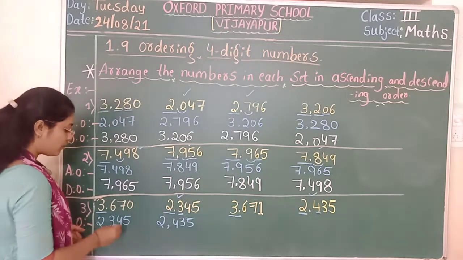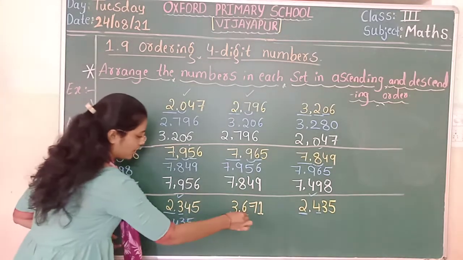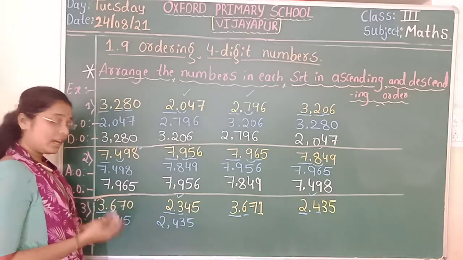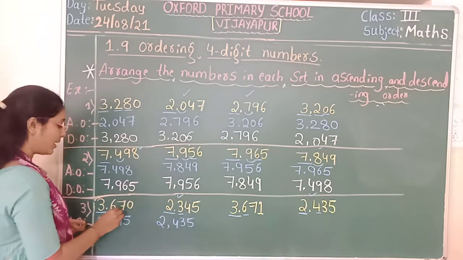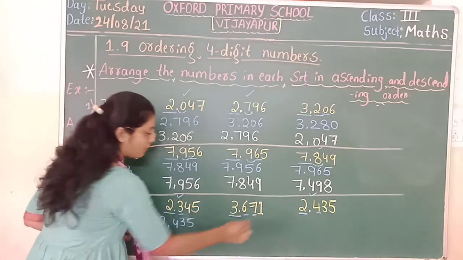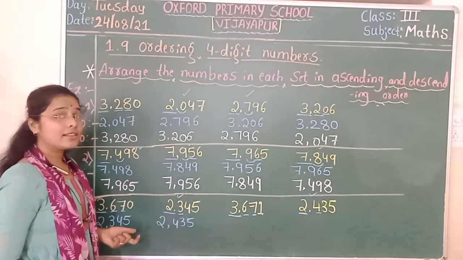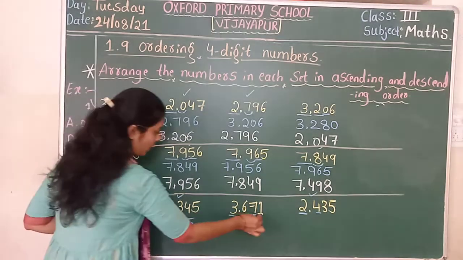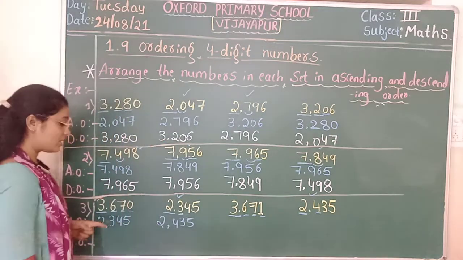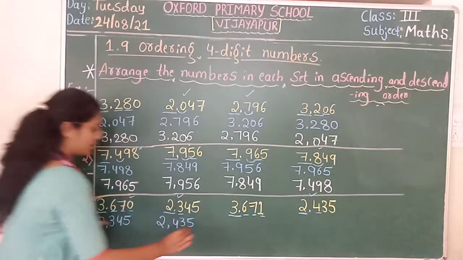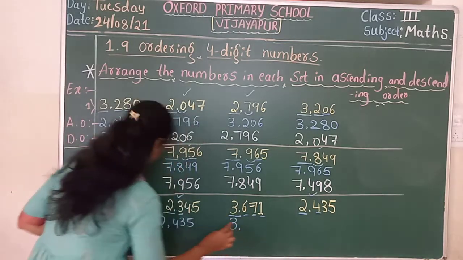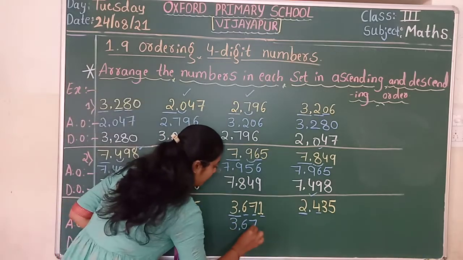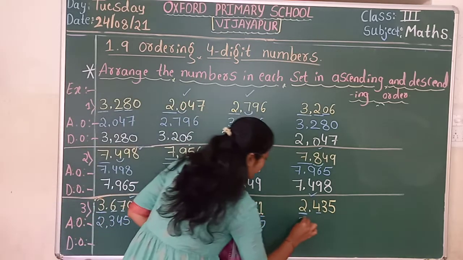Next we are having 3 and 3 on both sides. To get the smallest, we will compare the next. We are having 6. In the hundreds place, we are having the same digit. Compare the next. Here also we are having the same digit in the tens. So at last, we are left with the ones place, 0 and 1. Which is the smallest number? 0 is the smallest. Write down 3670 and the last